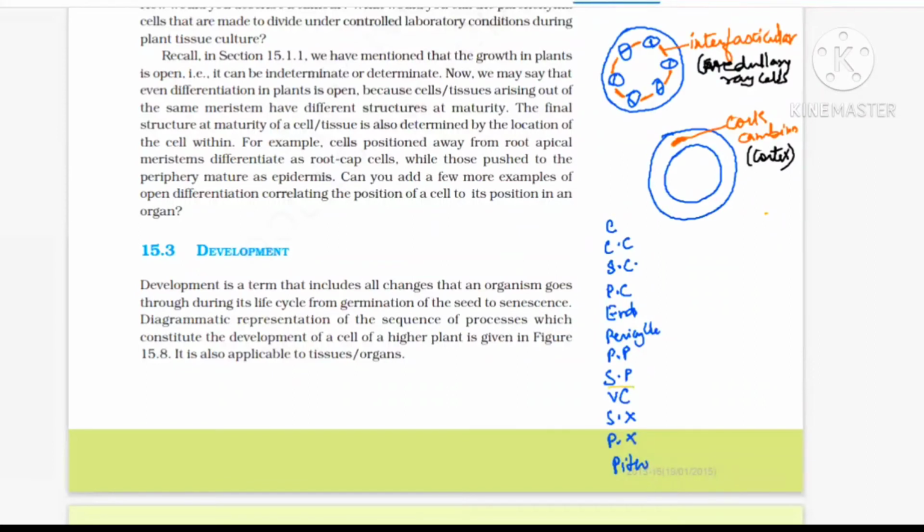So this is your vascular cambium, which is made by the process of dedifferentiation, in which area? Interfascicular. But this is completely made by dedifferentiation only. And the learning tip is this way: on either side of the cambium, every time it is a redifferentiated product. This is a redifferentiated product, okay? Redifferentiated, redifferentiated. All the remaining are made the first time only, so we will use the word differentiated. Up till here, it is differentiated. This is also differentiated. But on either side of the cambium, you have to remember redifferentiation. Is it clear, beta? This is the way to learn the concept carefully.